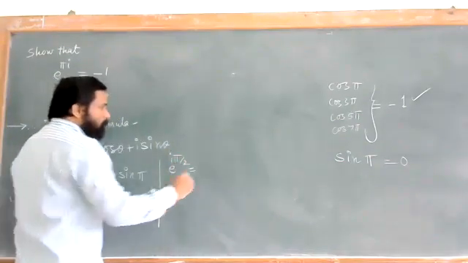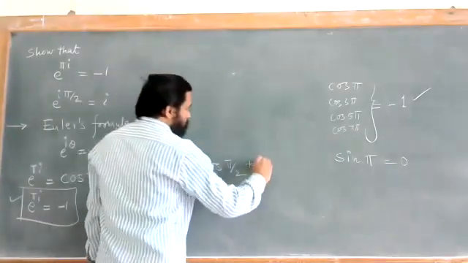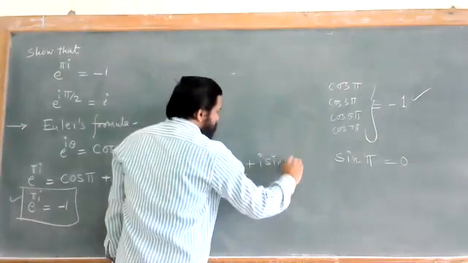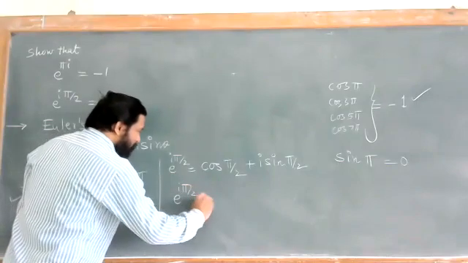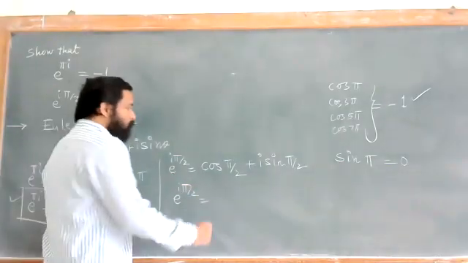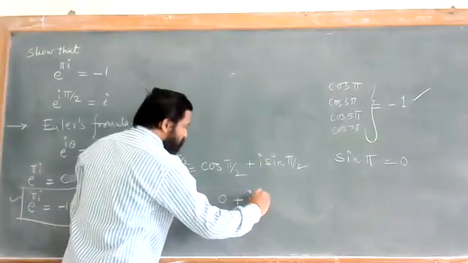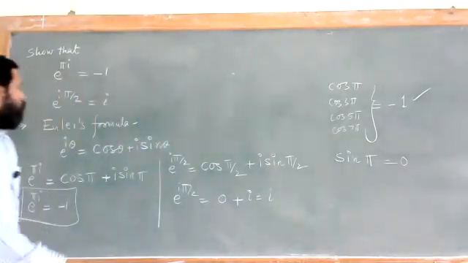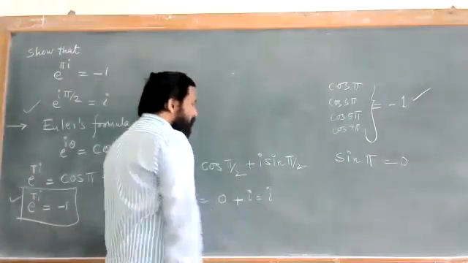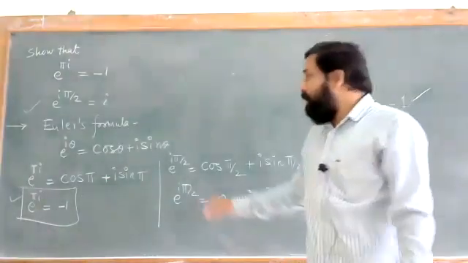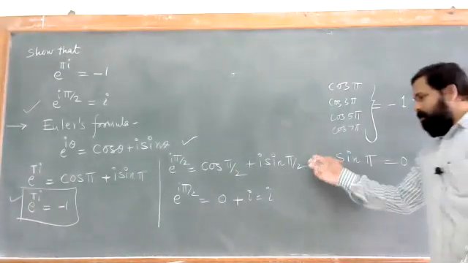So by using this Euler formula, you can write this cos of pi by 2 plus this I sin pi by 2. So this e raised to I times pi by 2 is equal to, what is cos pi by 2? That is equal to 0, and sin pi by 2 is equal to 1. So this is equal to I, and so you can say e raised to I times pi by 2 is equal to I. जे आपल्याला रिक्वायर्ड आन्सर आहे ते आपल्याला मिळते. आपण काय यूज केलंय? We have used the formula that is called as the Euler's formula. So you can just take it down.